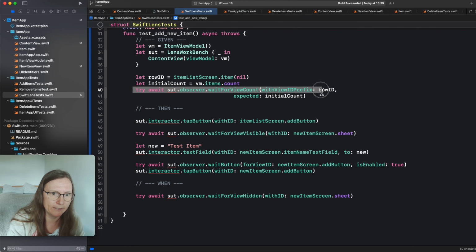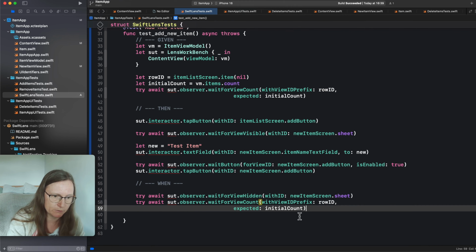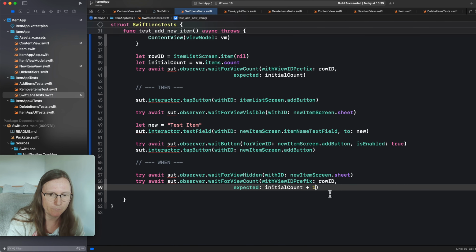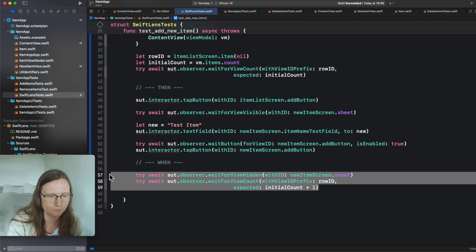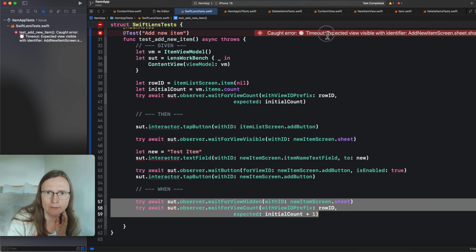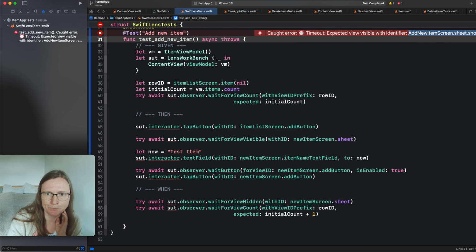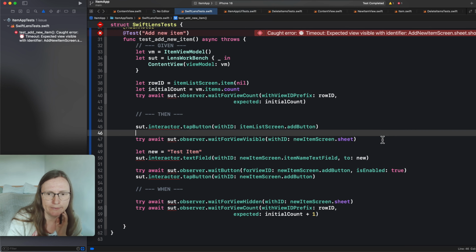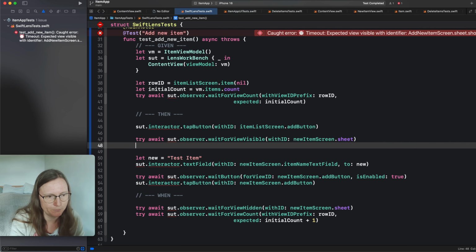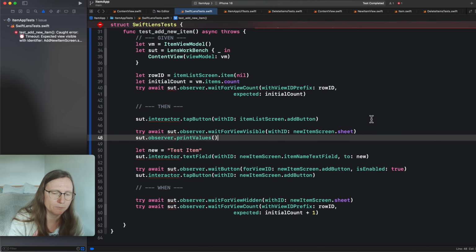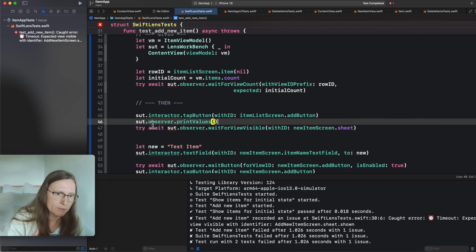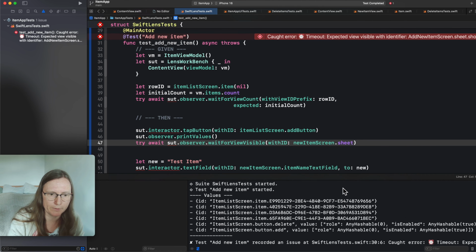I can write another wait here to say the initial plus 1. So now I know I have one more. So run this test. I expected a view with this modifier. Where did I look for this? And this is actually here. I did add as a debugger a function to the observer that prints all values. I need to do this before. Okay, so here